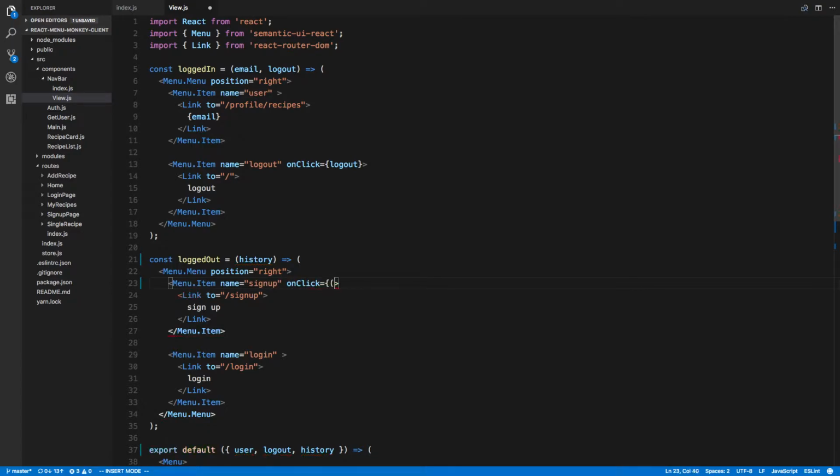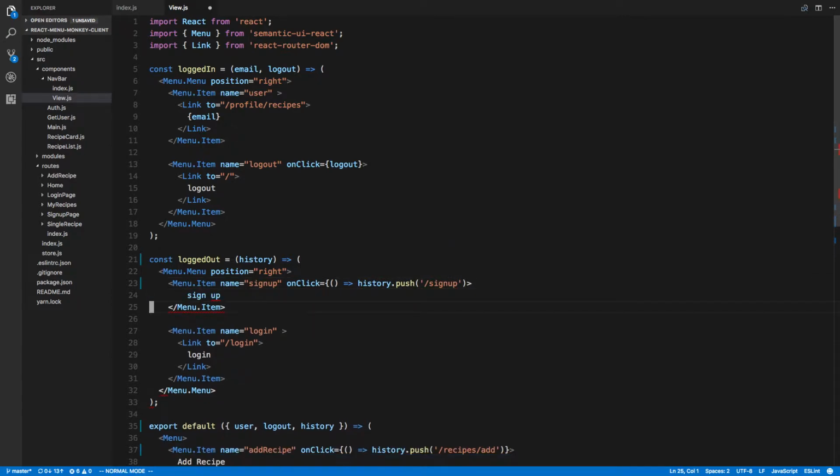So on click, and then yep, we are just going to copy and paste /sign up. And so we're just going to do this for every one, and we can get rid of the parentheses. So now login, so on click,